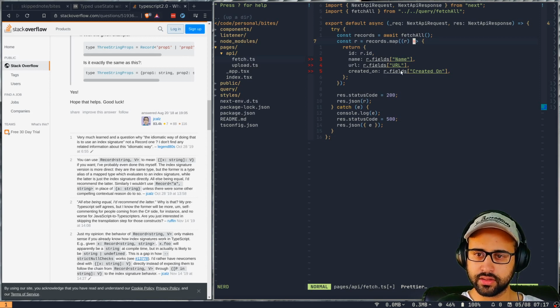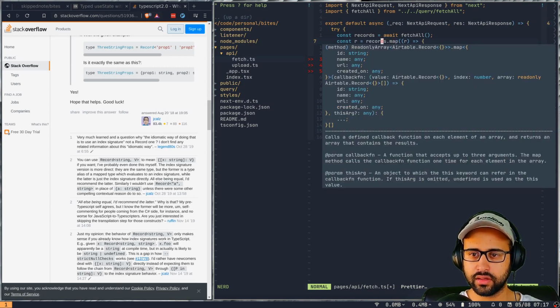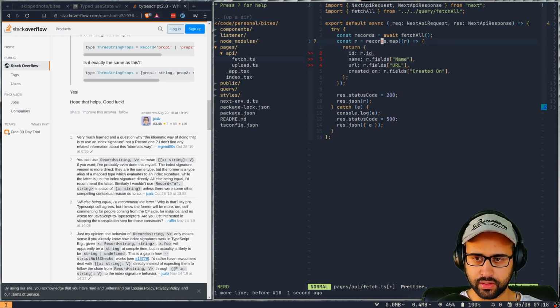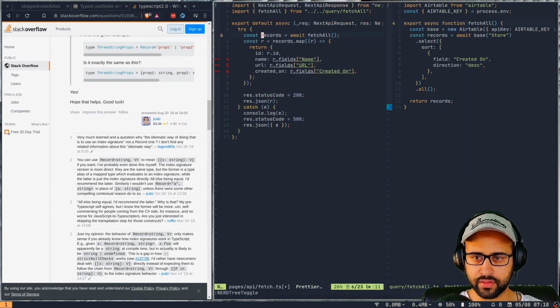It's all strings. All of these are strings, so it should be fine. And this key would also be a string. That said, let's take a look at the type itself.